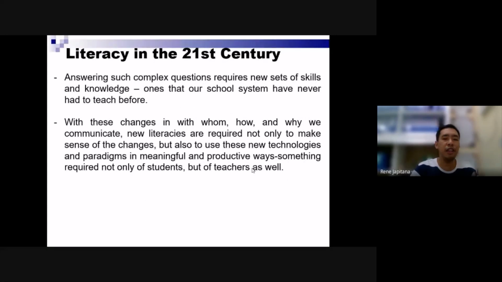With these changes in with whom, how, and why we communicate, new literacies are required not only to make sense of the changes, but also to use these new technologies in the paradigms of meaningful